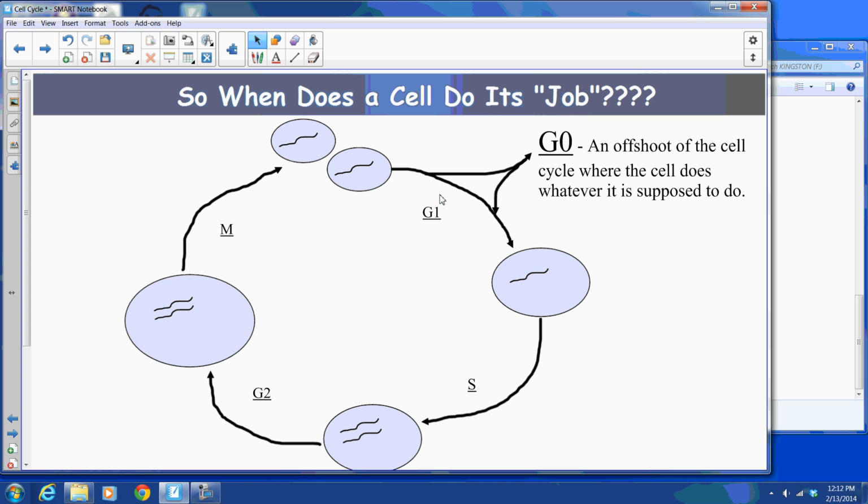Again, some cells like your skin cells, the cells lining the inside of your mouth or something like that, they're going to go into G0 for just a little while and then come back out of it after a couple of days maybe, and go on through the rest of the cell cycle rather quickly. Again, other cells like brain cells will go into this G0 phase and stay there permanently, never come back out again. That's one of the reasons why brain injuries are so